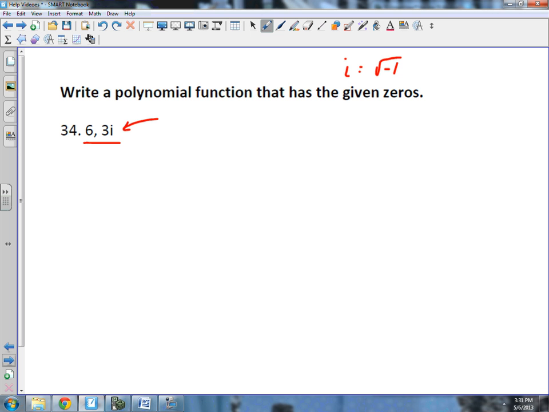For that reason, you can't get i without also getting -i. If i is a solution, -i is a solution. So for this problem, if 3i is a solution, then -3i is a solution. All right, and here's where I told my students, if you got plus or minus 3i as solutions, basically what